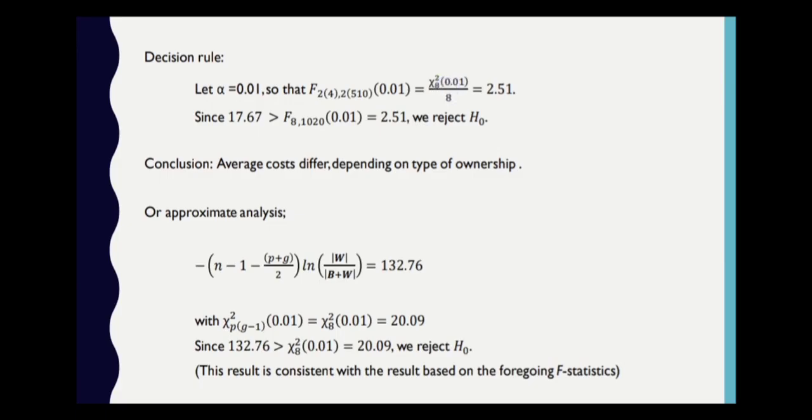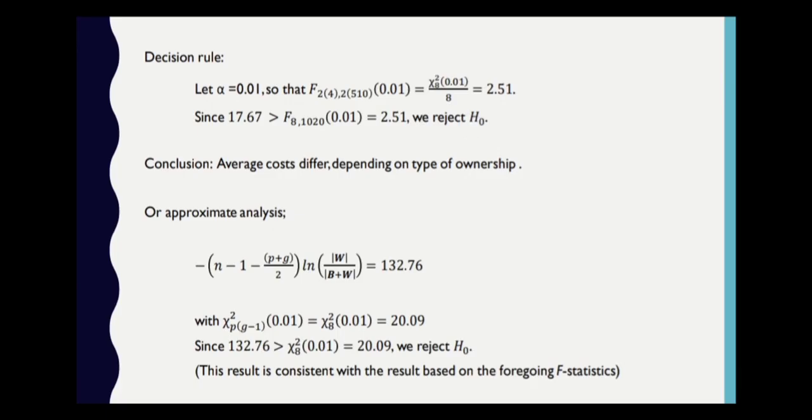We can use the chi-square value. It is equal or parallel with the F distribution. Divide by 2p. Okay, divide by 2p. So, you get 2.51. So, whether you use F as usual, there is no problem. So, since the test statistic is more than the critical value, we reject